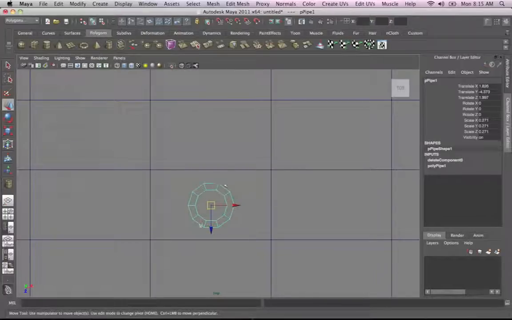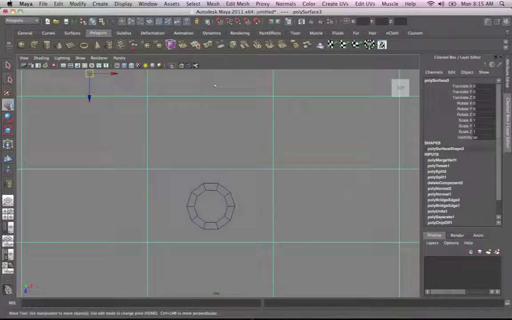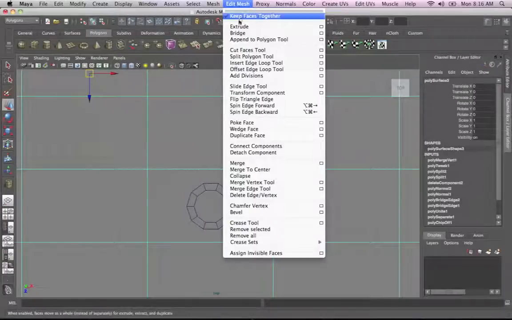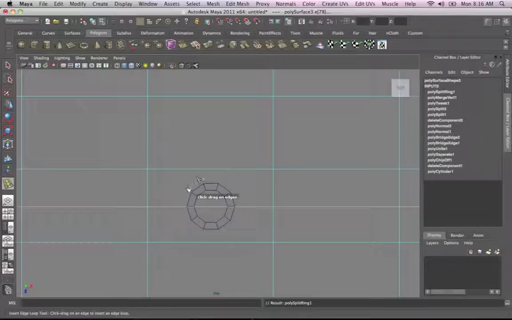This ring has a lot more subdivisions than what we have here. So what we need to do is select the board and start drawing out more edges to help our geometry to match. We have to match it. So I'm going to go ahead and insert an edge loop. Insert one over here. Let's start with the very basic ones. So let's start having edge loops here,